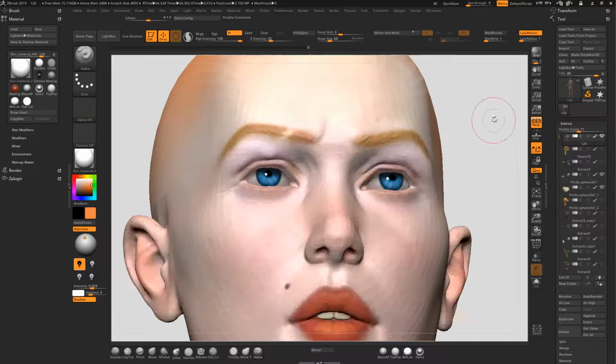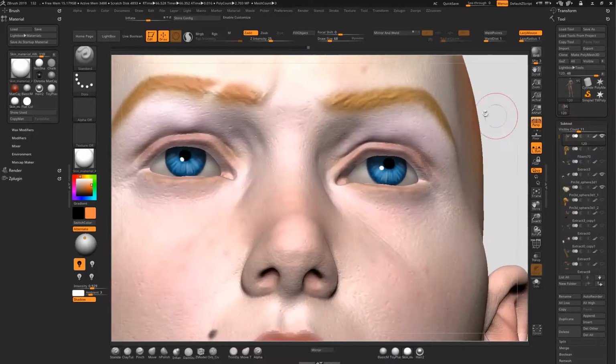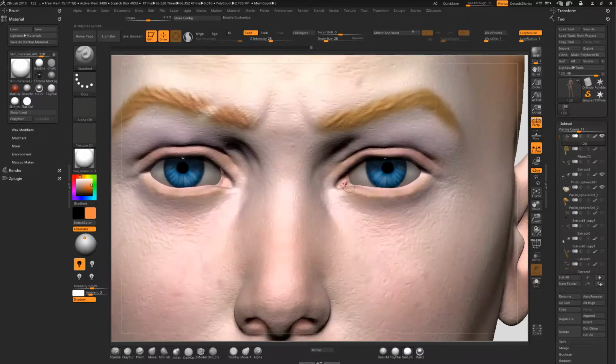So let's make the eyelashes. Eyelashes could be made by... It will be very difficult, I'm just saying, but we will do it because we are the best. Obviously. Okay, I will make this thicker here. Okay, and also the